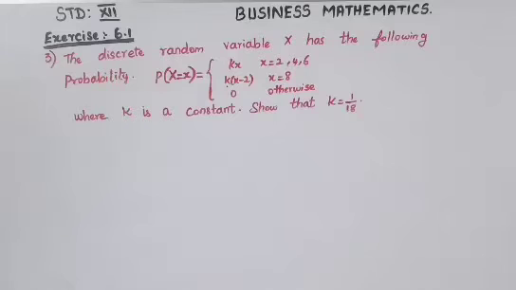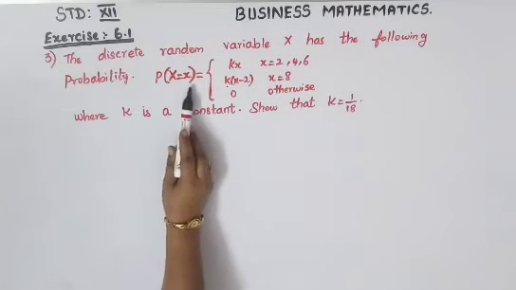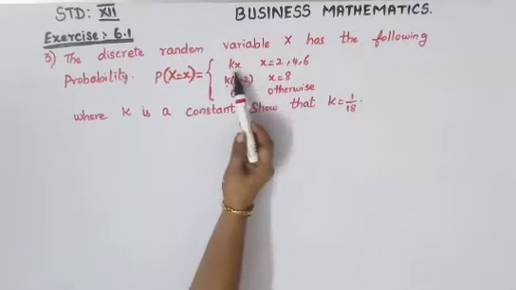Standard 12 Business Mathematics Exercise 6.1. Third question. The discrete random variable X has the following probability. The probability is given: P(X = x) is equal to kx when x is